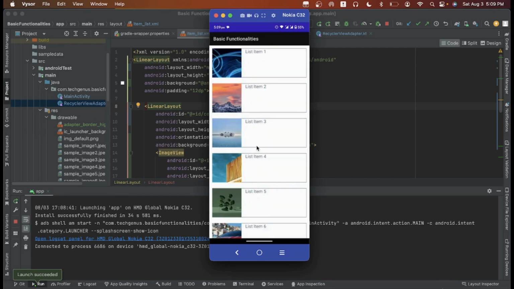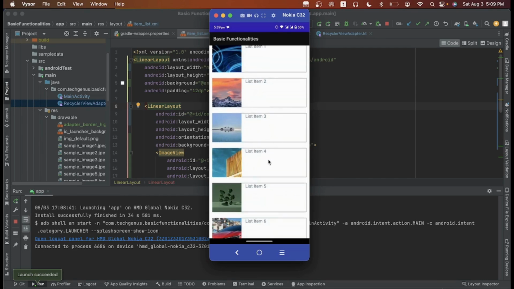So here's the RecyclerView. There's a lag, but when selecting an item, the item will be highlighted with a certain color and the text changes color.